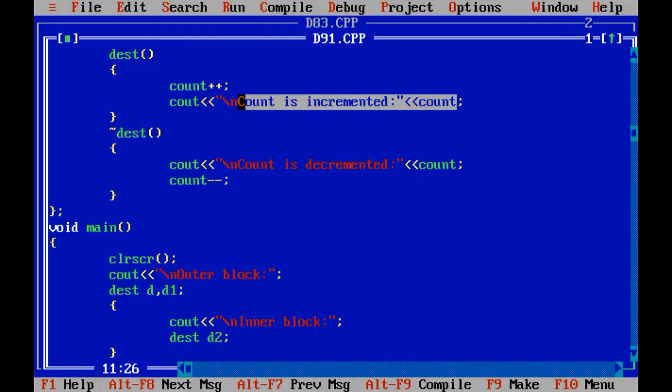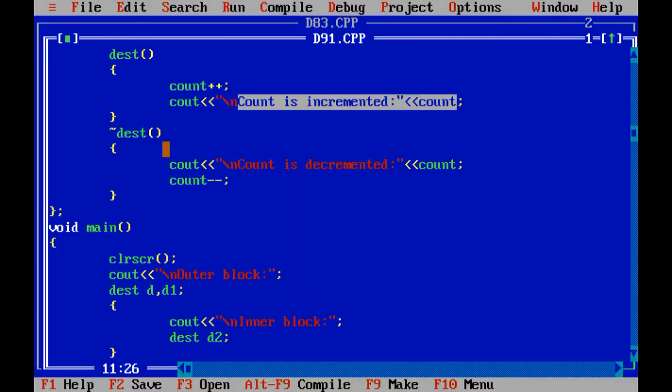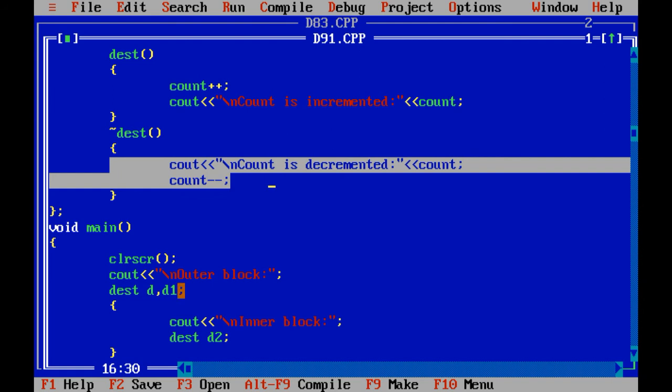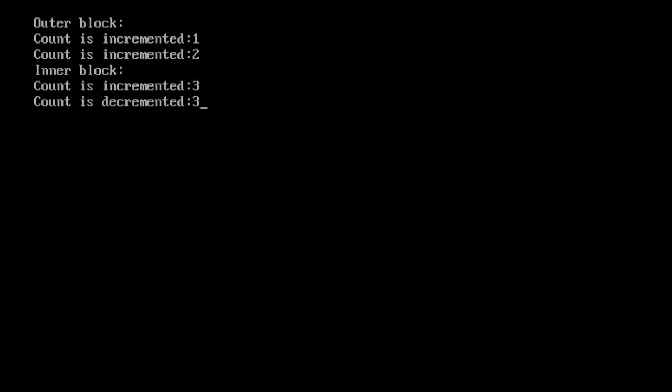Then again we have created a second object, so again count plus plus, the count value is 1 in the previous case, so it becomes 2 now and count is incremented by 2 is printed.